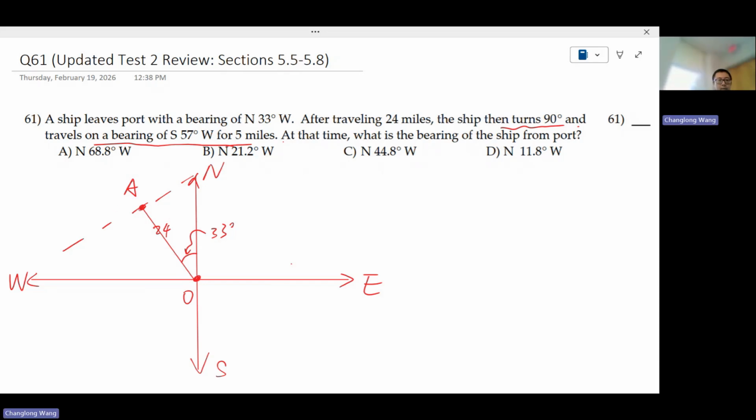All right, so we're moving along that direction, ends up being at point B, after traveling another 5 miles. And then you can connect OB to get a right triangle. Now, if you seriously want to label the angle 57, the way you do it is, imagine that